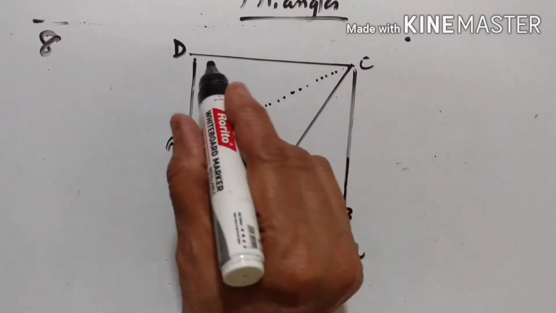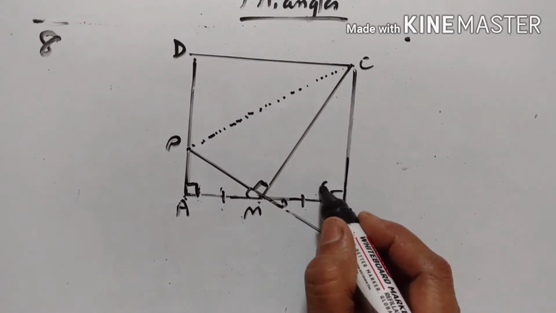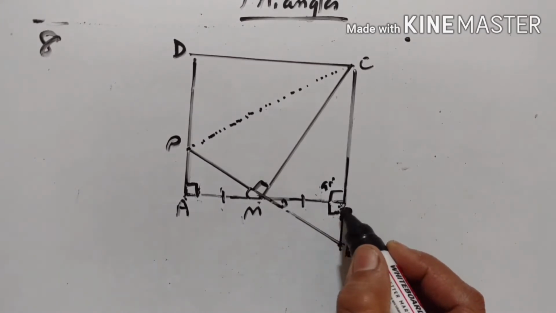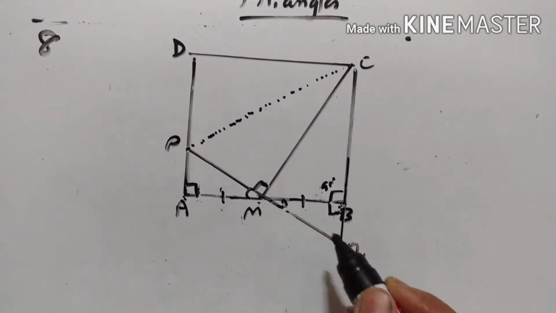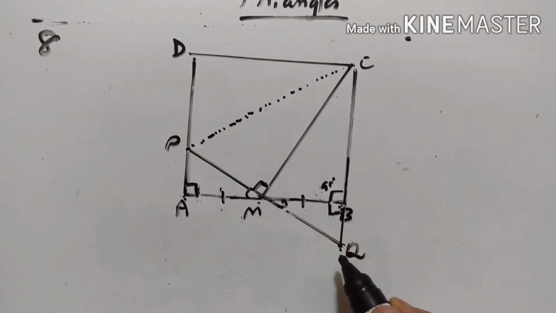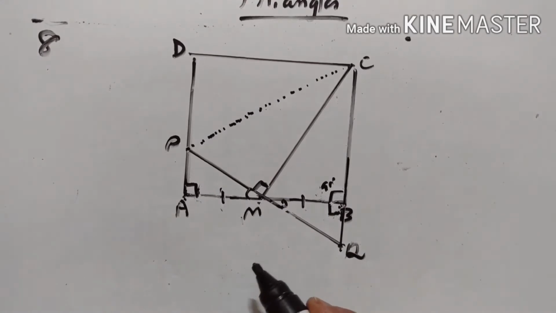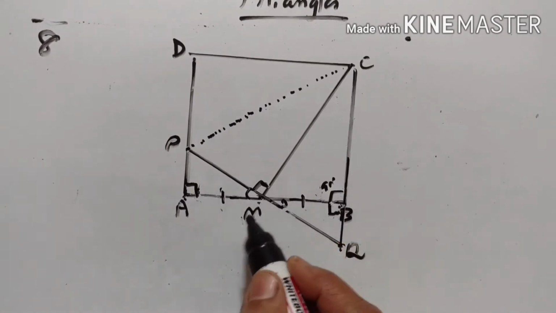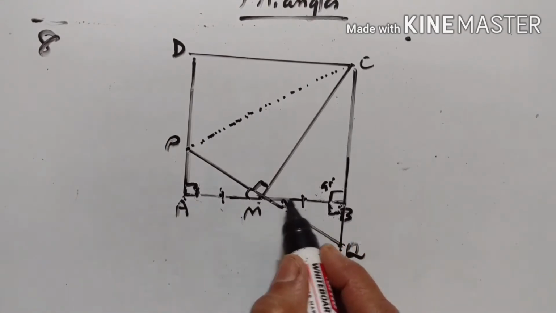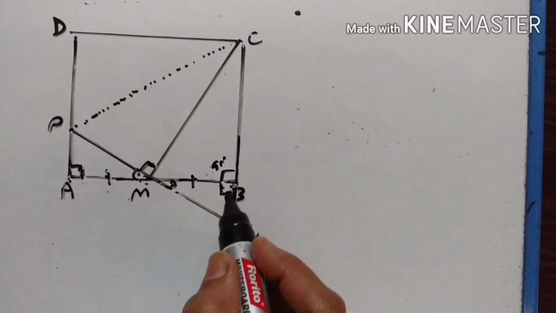All the angles of a square are 90 degrees each. Since angle CBM is 90 degrees, the adjacent angle is also 90 degrees because angle CBM and angle QBM make a linear pair. Therefore, angle QBM is 90 degrees. Therefore, triangle PAM is congruent to triangle QBM, angle, side, angle, ASA postulate. Therefore, PA is equal to BQ, CPCTC.